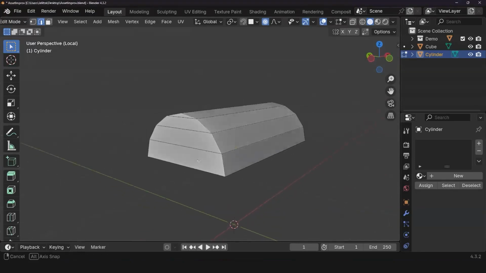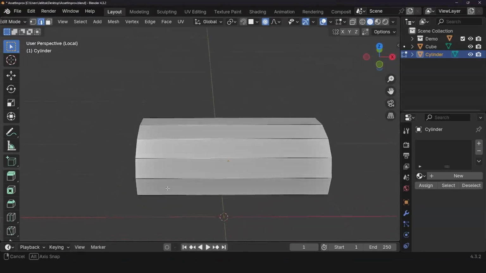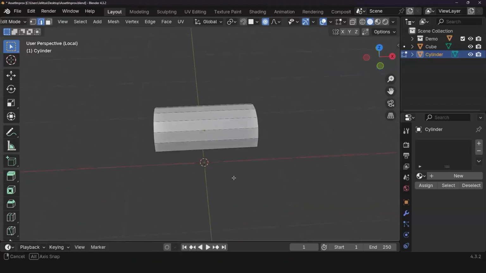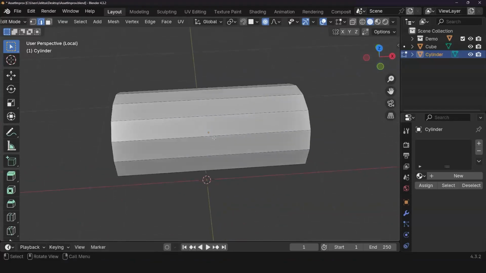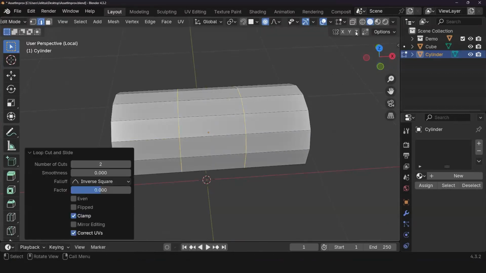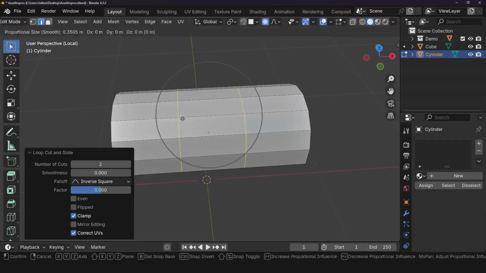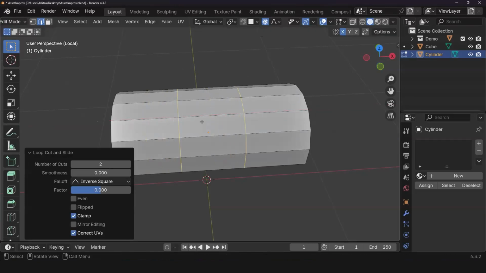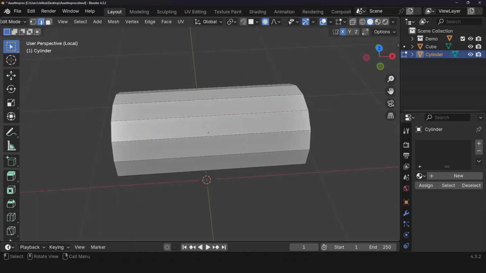So for example, what I'd like to do is do a Control R, and I'm going to do 2 of these loops. Let me see something. So I'm going to do X, I'm going to do G, and then X. No, that's not going to work. And I know why. Yeah, no.